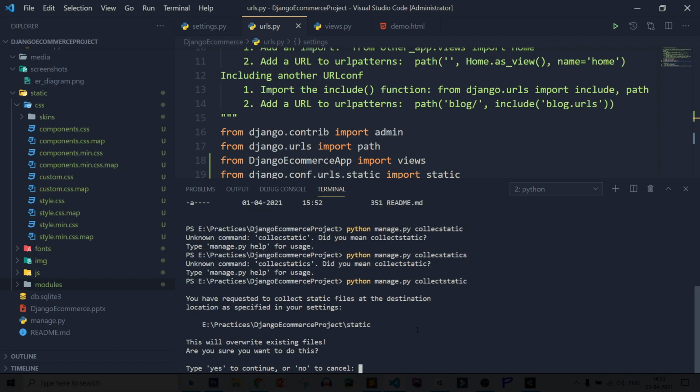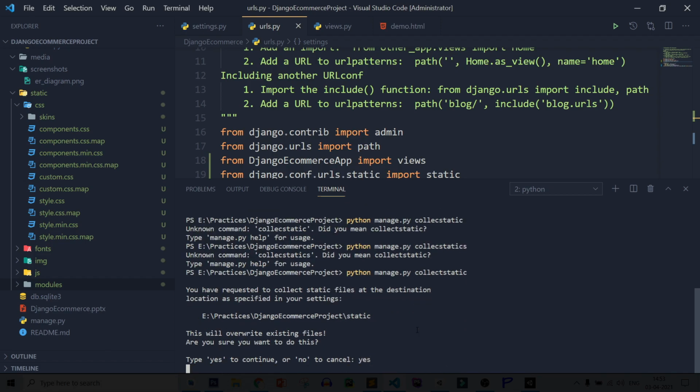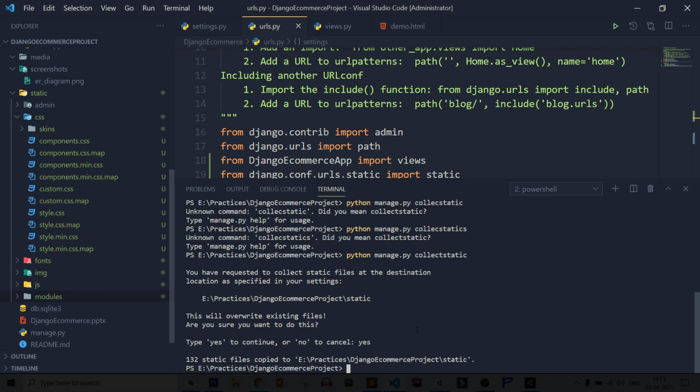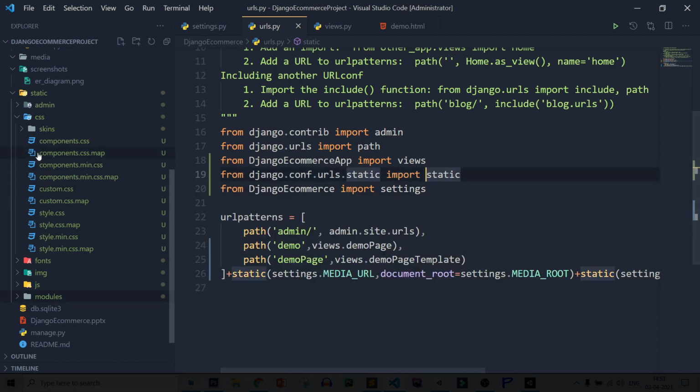Enter. Yes. Now you can see all the files have been copied into our static folder. So close it, and now I think it will work.